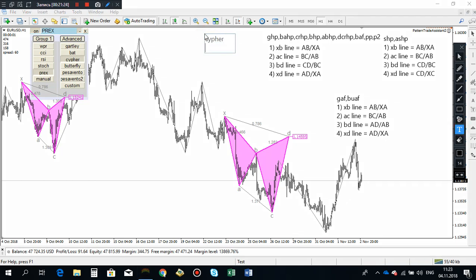Okay, first ratio from X to B line, it is similar to all patterns. It is AB divided by XA. It is XA retracement. Second ratio of A to C line,